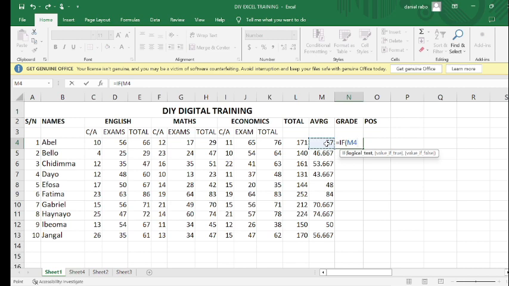M4 greater is on the same button with full stop, so you will press shift and press the full stop button. Greater or equal to 70, comma, then you open your inverted commas, A, close your inverted commas, okay, then comma, IF, open bracket,